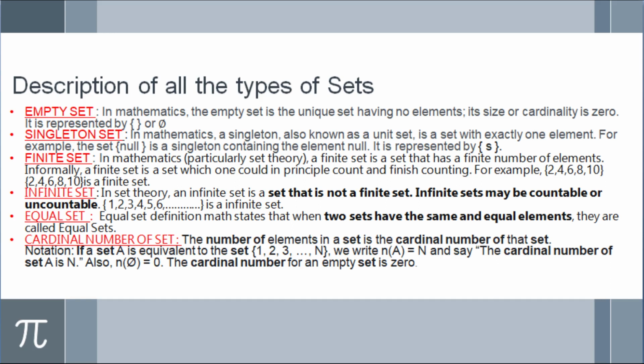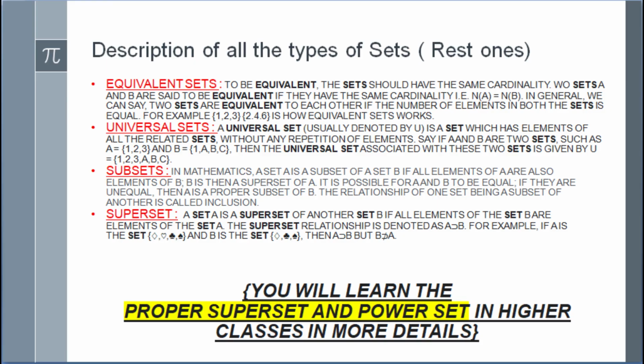Now there is a similarity between the equal set and the equivalent set. As you all will guess, the equal sets are always equivalent sets. But equivalent sets need not be equal sets, as the cardinal number will always be the same. I guess all are clear with me. So the next thing that comes is the subset. Subset is very easy. Let us consider two sets. Set A contains 1, 2, 3 and set B contains 1, 2, 3.